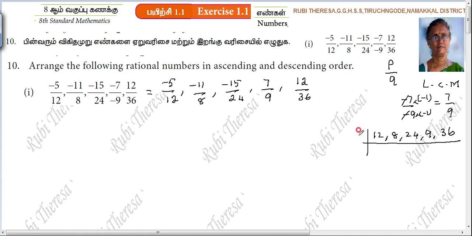What number is it better to take? Better to take 4, but as usual, let us go from the least table, because most of the numbers are even. Isn't it? So 6 2s are 12, 4 2s are 8, 1 2 is 2, 2 2s are 4. 9 is not exactly divisible, so you write 9 as it is. Next, 1 2 is 2, remainder 1, 8 2s are 16. Is it okay?